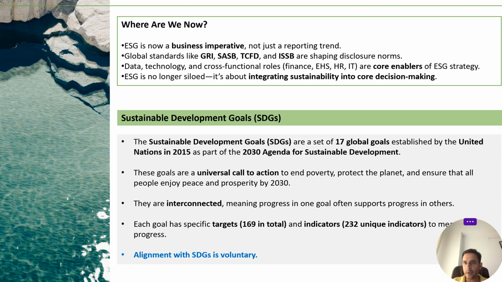It's very simple. If you're talking about SDGs, because SDGs are a global call, all the governments are talking about it. Even India has some SDG targets. All countries which are signatories have SDG targets. If you measure your performance on these SDGs, it means you are aligned with the country's goals. So if an Indian company is performing on these SDGs and mapping them with its activities and performance, that means it is aligned with India's goals on SDG targets.